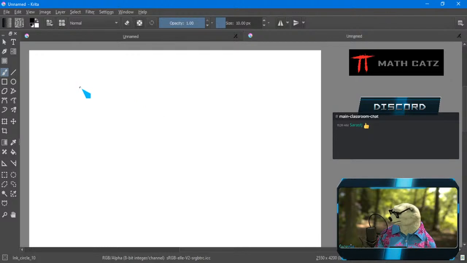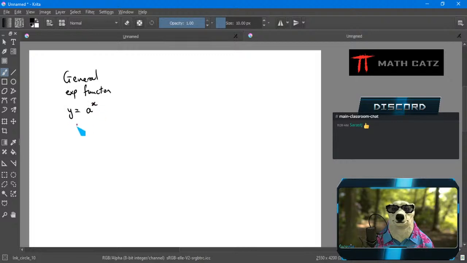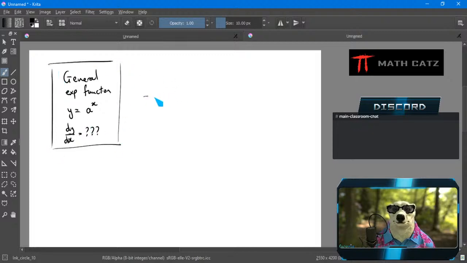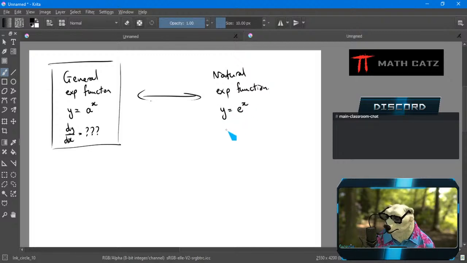So let's have a big picture of what's happening here. Again, I started with the general exponential function. Some base a to the power of x. I still don't know the derivative. Okay, that's fine. Then we moved on to, not moved on, we made it a little bit more specific. And I like doing this kind of flow chart many times to remind myself, what are we doing here? Well, I changed the base and look at a specific base, e,